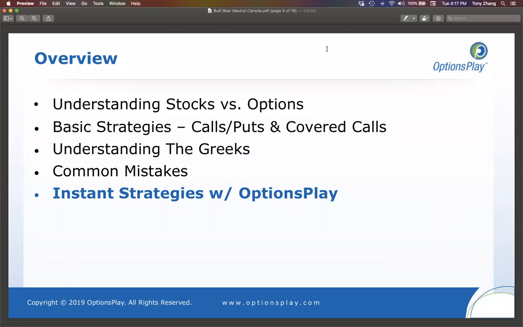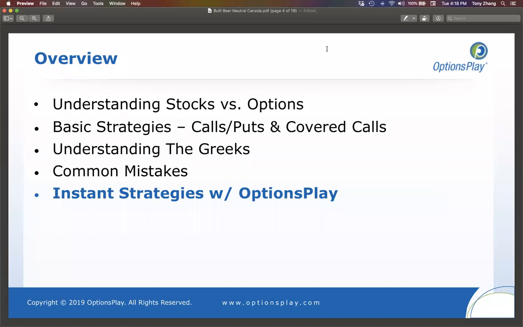Once we understand these strategies from a fundamental perspective, I want to do a little deeper dive and really discuss the option Greeks, because it's one thing to understand the strategy. It's a whole other thing to understand how these strategies relate to profit and risk. A lot of users that are getting into options do not really understand the risk and fundamentally find it risky because they don't understand the risk. So we really want to make sure that we cover a basic understanding of how these option prices move so that you can get a sense for what you should expect if you were to trade one of these option